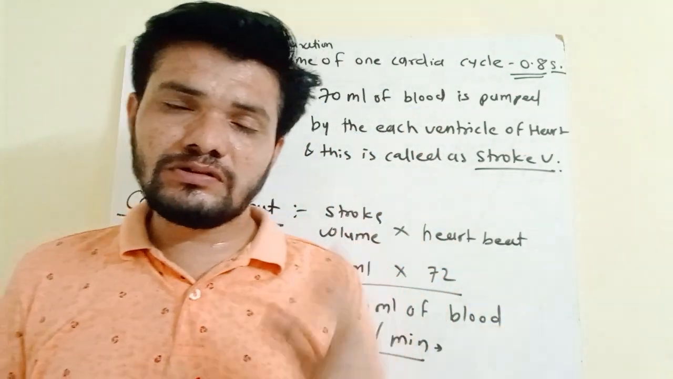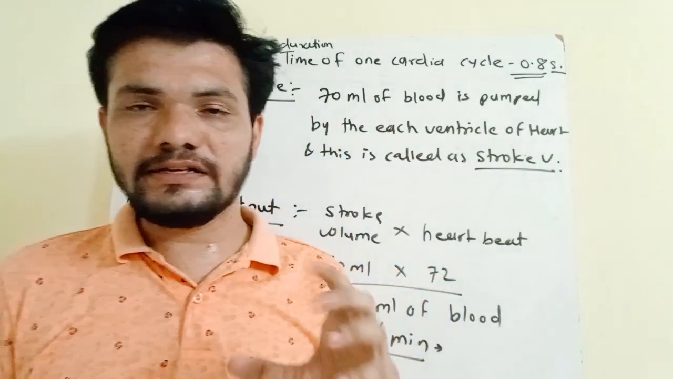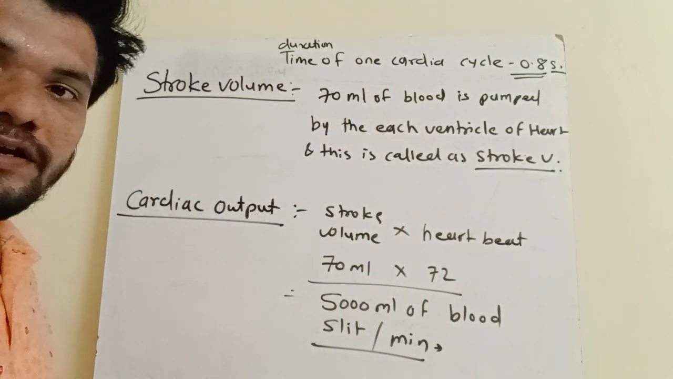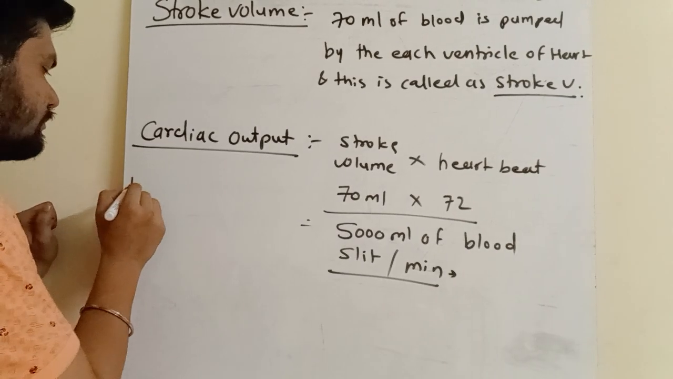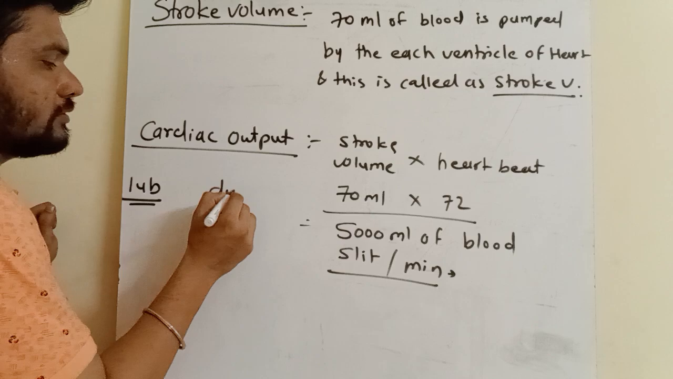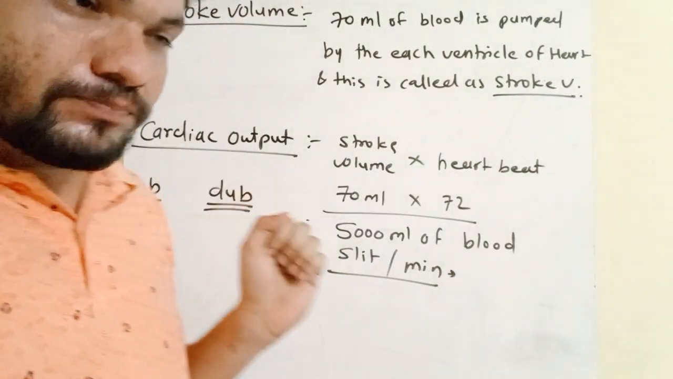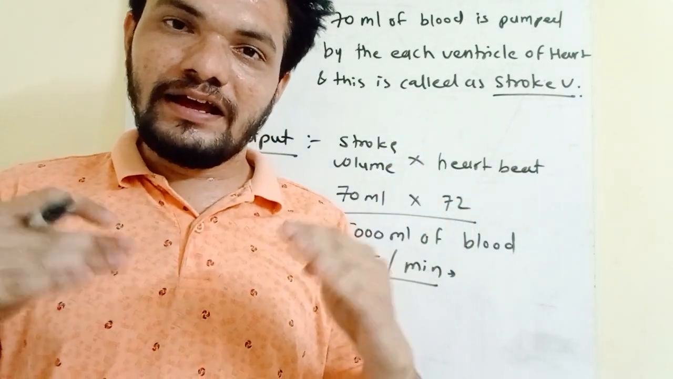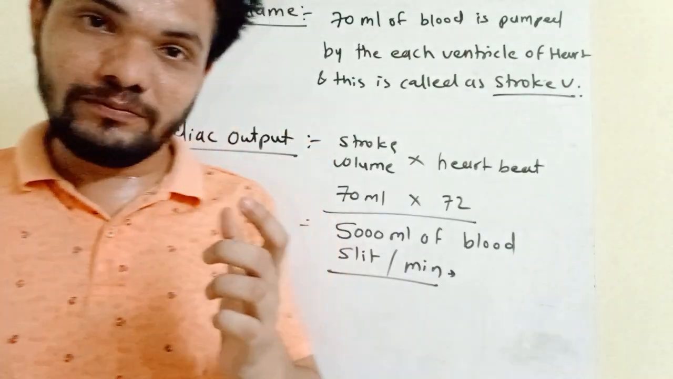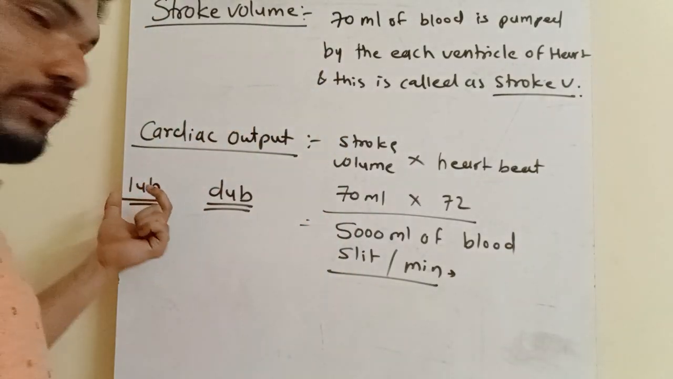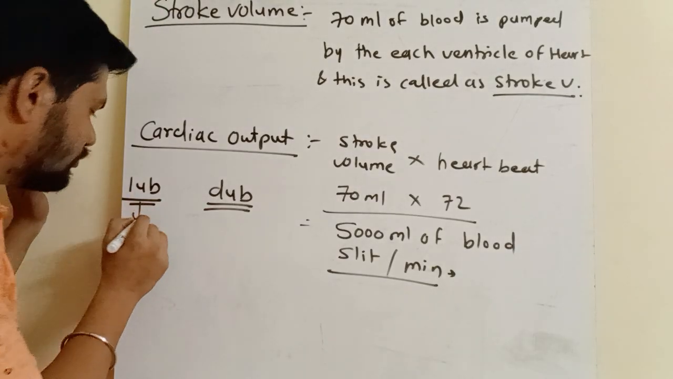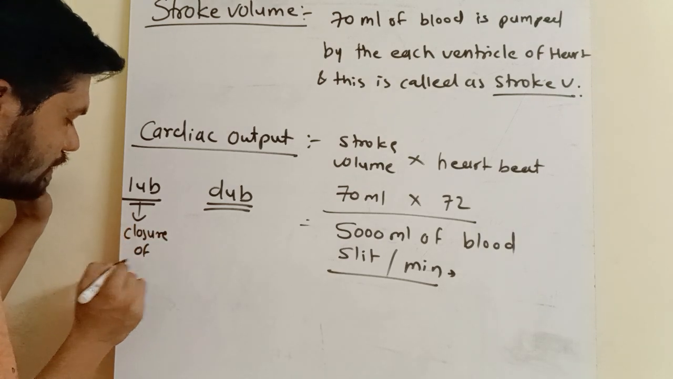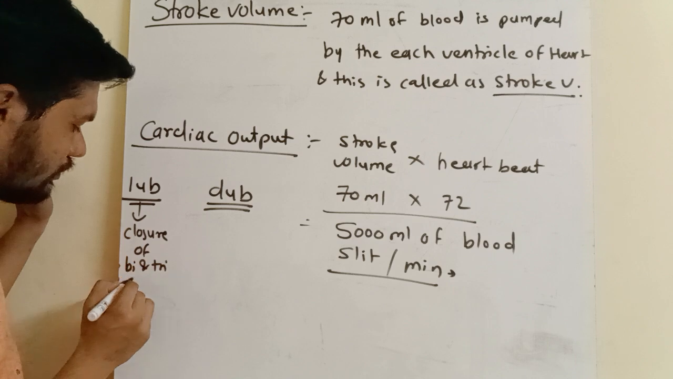Then the second thing you have to learn about in this video is the sounds of your heart, that is lub and dub. So let's see what is lub and dub. When your heart beats, we all know that your tricuspid and bicuspid valves close, and the closure of this tricuspid and bicuspid valve is associated with the sound lub. So lub sound is produced during closure of bi and tricuspid valve,